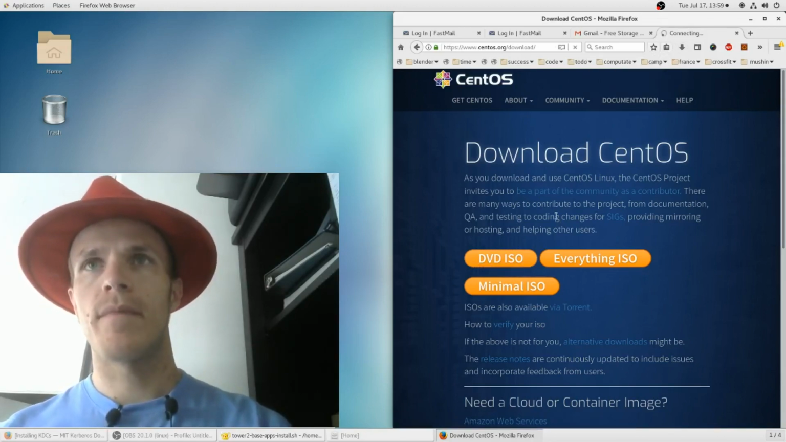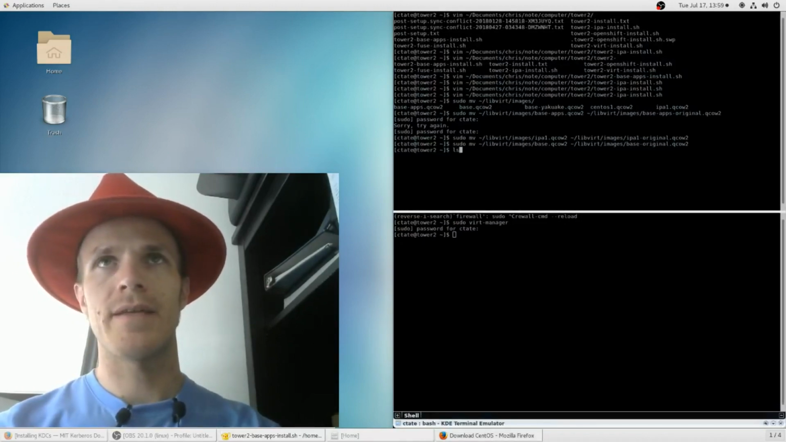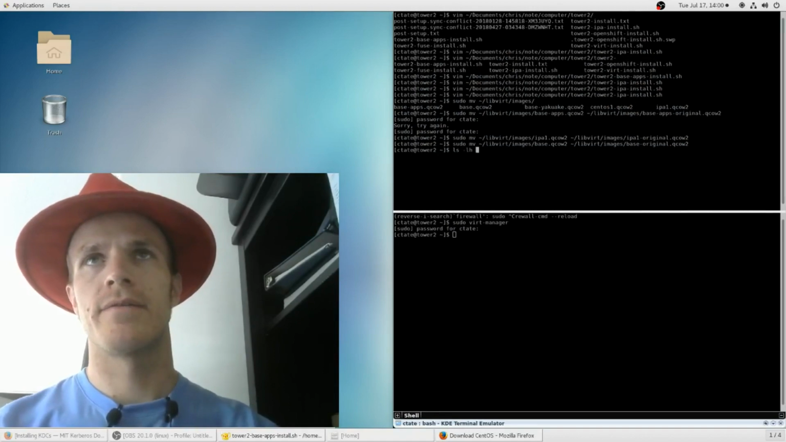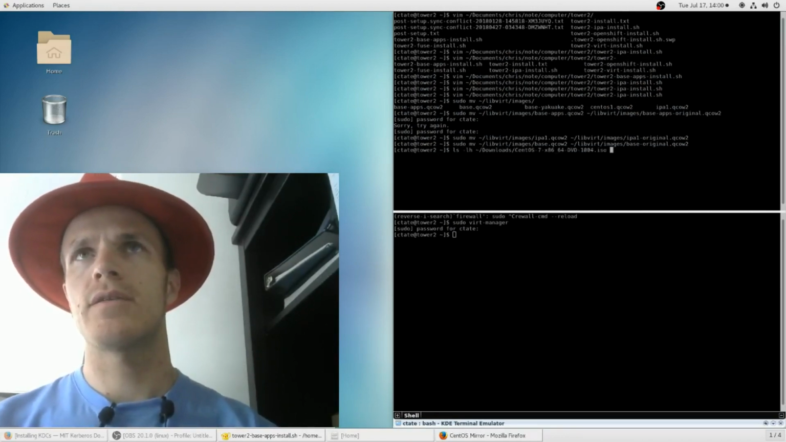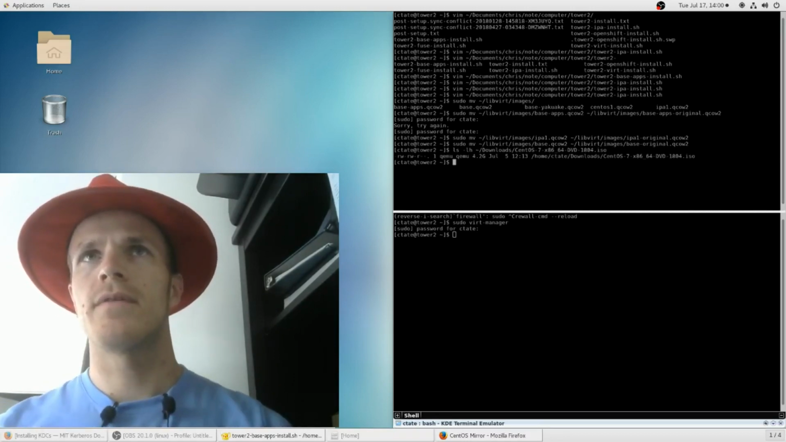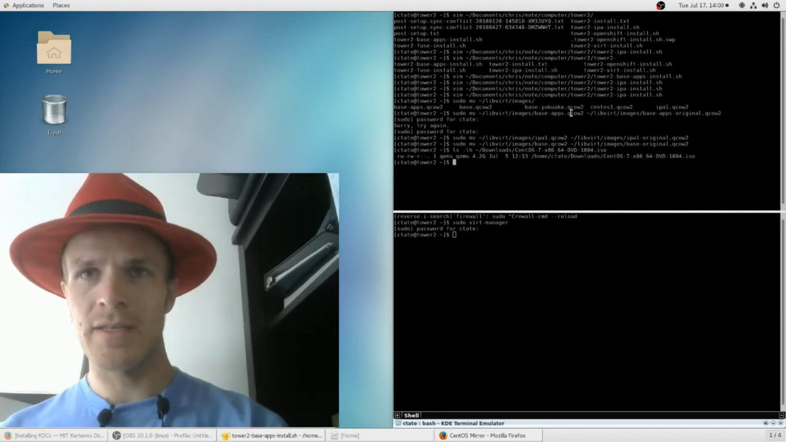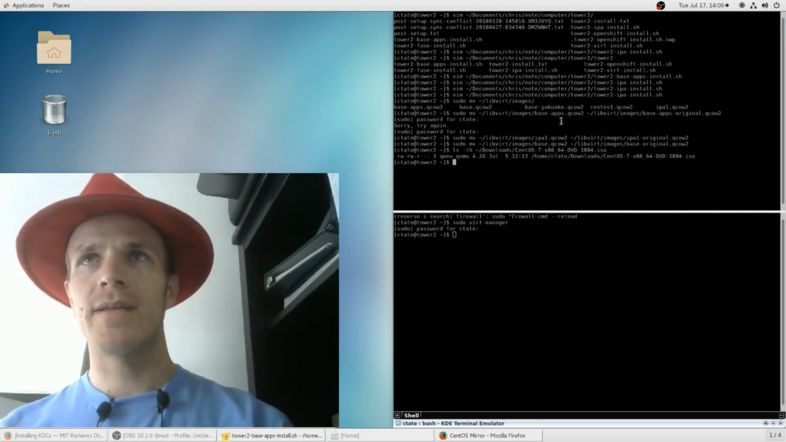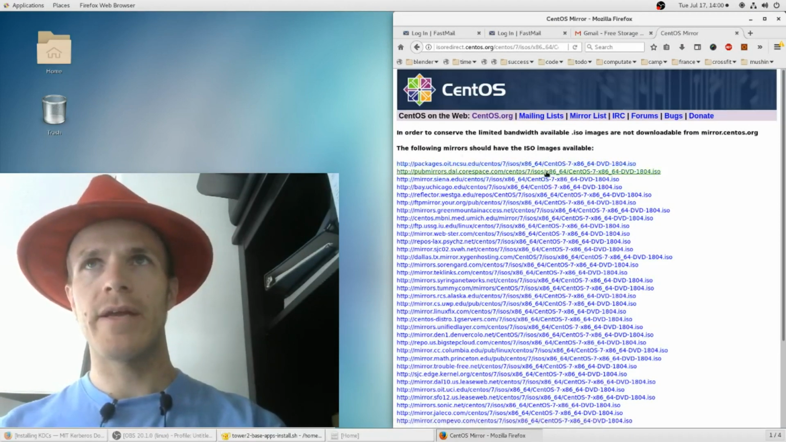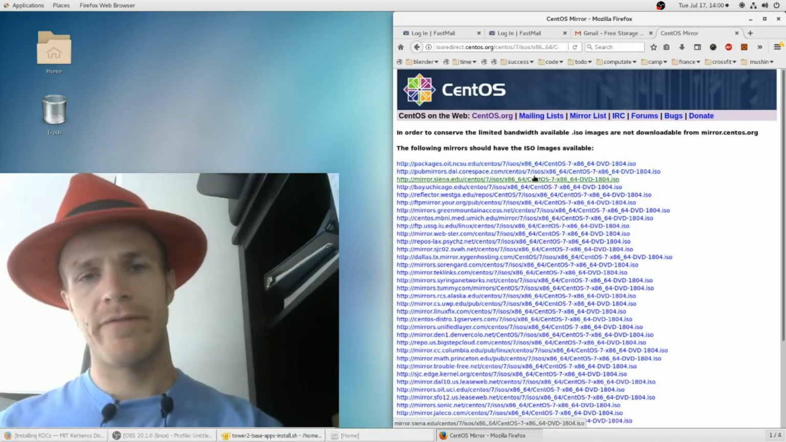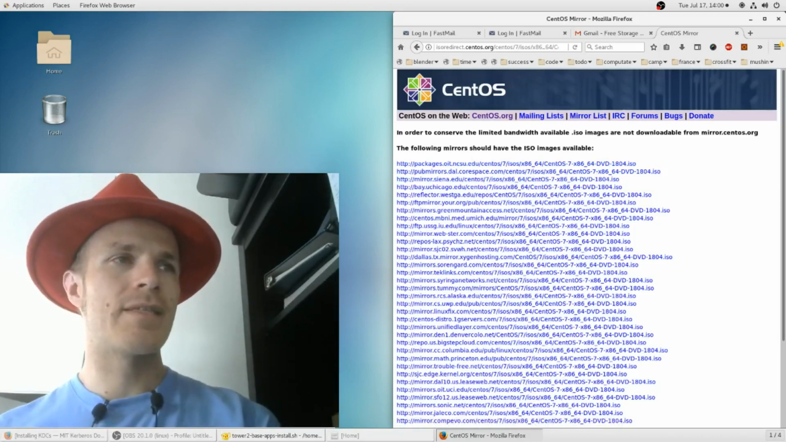But I already have that installed here. Let me just show you it. Downloads/CentOS 7. So it's 4.2 gigabytes, so it takes a while to download. I downloaded it before, and you can choose a mirror there. You just have to find one that works good for you. And then when it's downloaded,